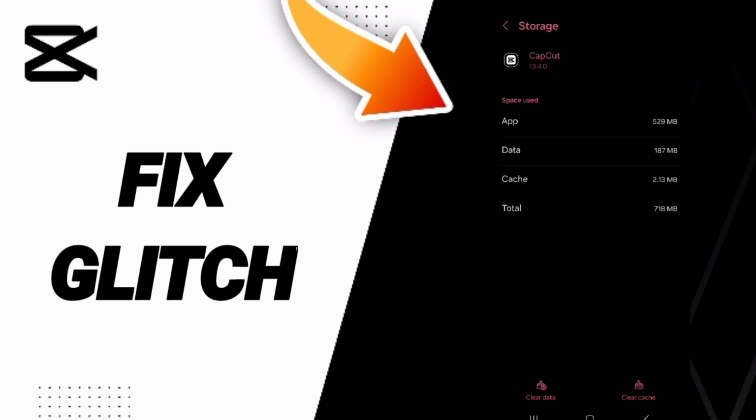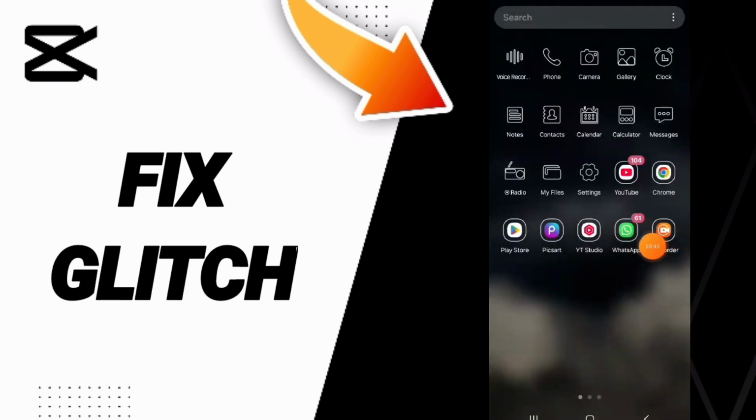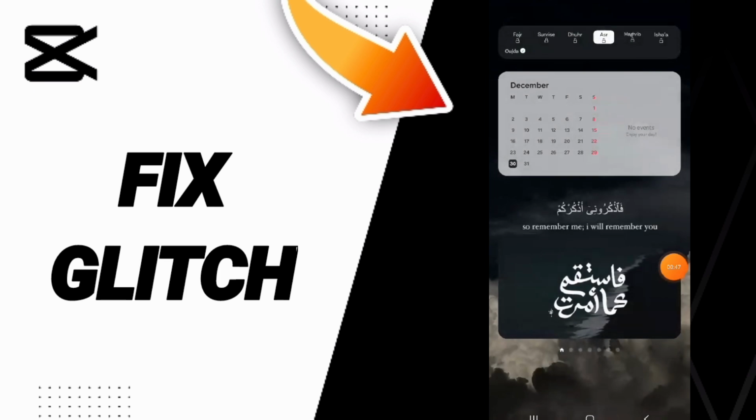Here you will click on clear cache, but pay attention, don't click clear data because that can delete your account. In the end, you can turn off your phone and wait a moment to restart your phone again